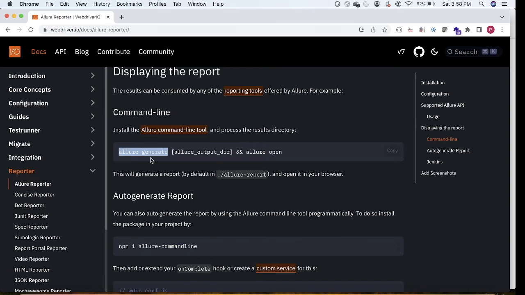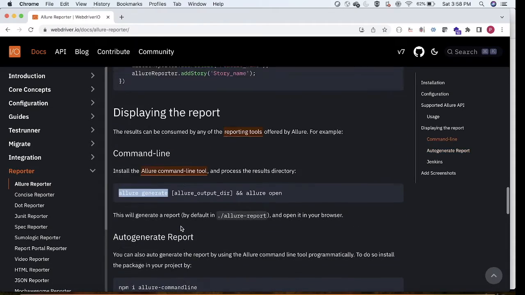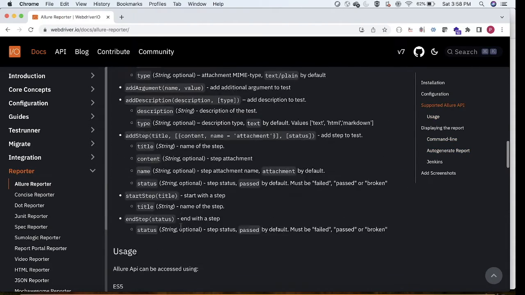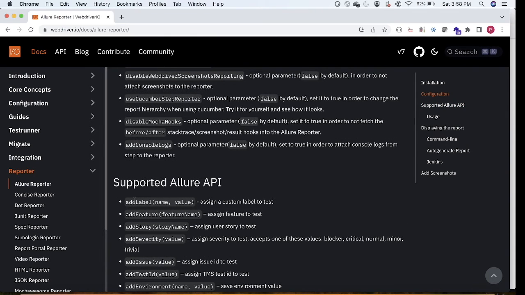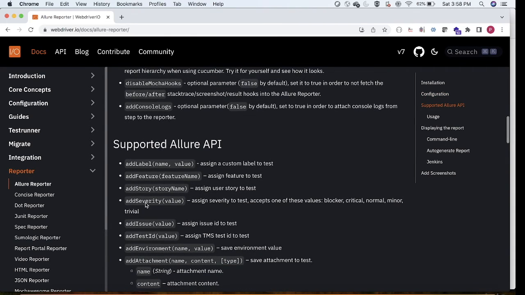If you go to the official website of WebdriverIO, they have given some more details, right? It has different APIs by which you can add more details to the report. Say for example, if you are working on some user story, and you are using Jira and tracking some of the Jira tickets there, and you have test case names, or you are using some other test management tool and you want to add some ID to it, right? Each story in Jira will have some test keys. I can add the story here. To do this,